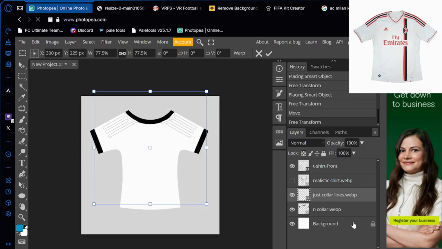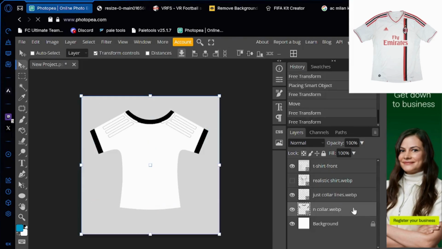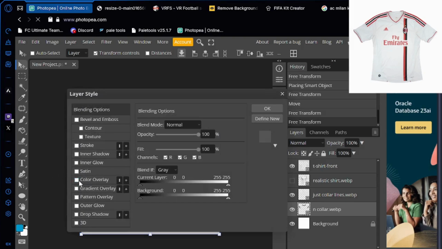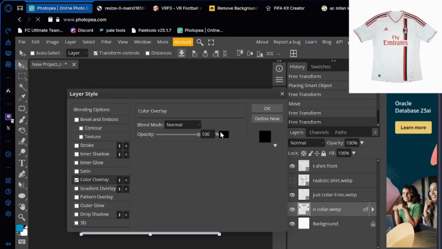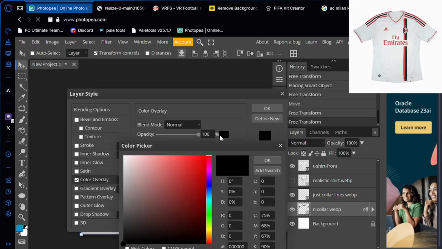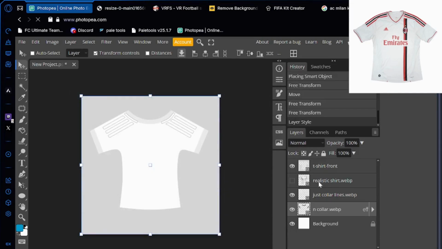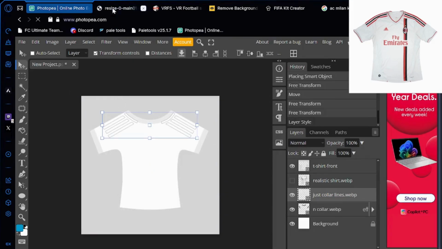There you go. Now we're going to double click on the side next to this, not the name, the side next to it, otherwise it's just going to be changing the name. So click on the grey side next to it, and click on colour overlay, click this little box, and then drag it all the way to white, but we don't want it to be white, so we're going to drag it a bit below, so it's a bit of a greyish. And for the colour lines, what these ones look like is that,